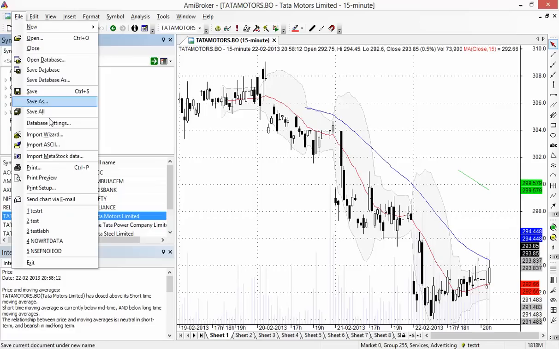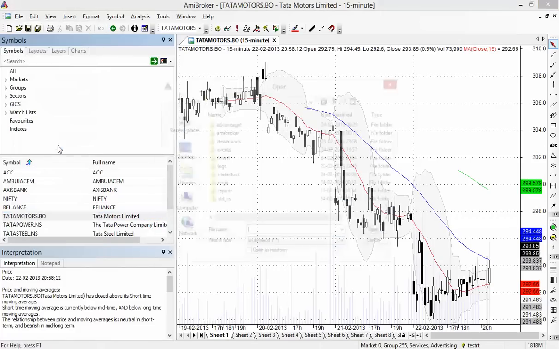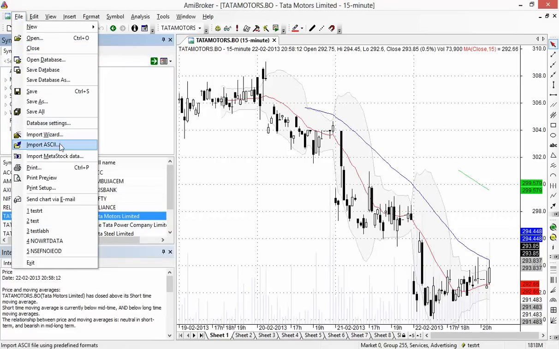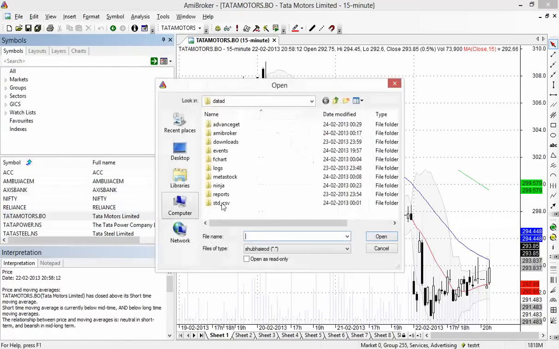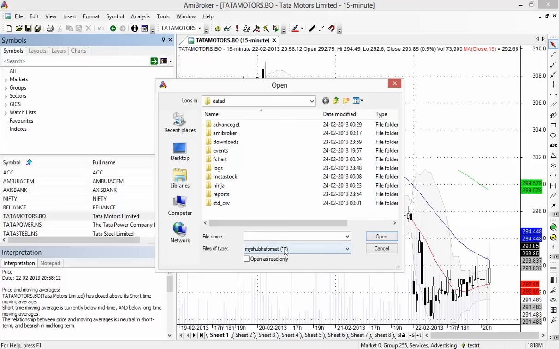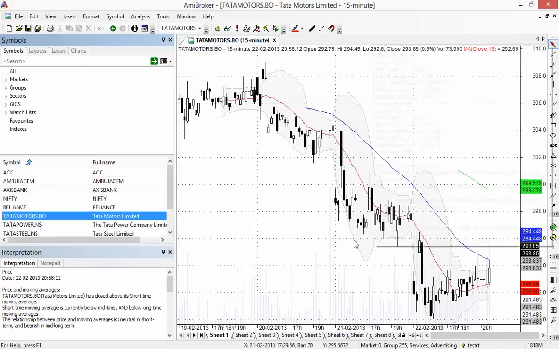All you need to do next time is, you don't need to say import wizard, you have to use import ASCII. Okay, and use this. When you are using this, that is Shubha IOD, you are going to import intraday historical data. When you are going to do Shubha format, you will use only end of the day format. So select the right one and download. So here we end our AmiBroker